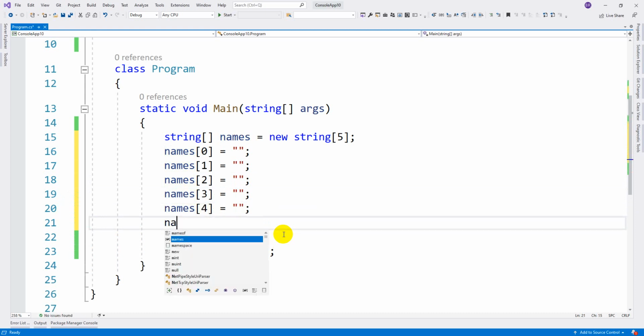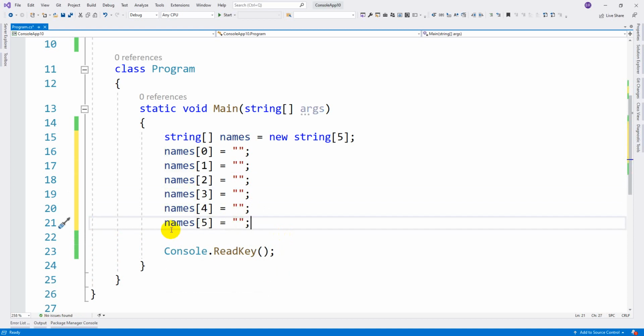And one more thing, the compiler does not check the array index. Names of 5 means the sixth element of the array, but it can hold only 5 locations, right? So you won't get any error while writing the code.